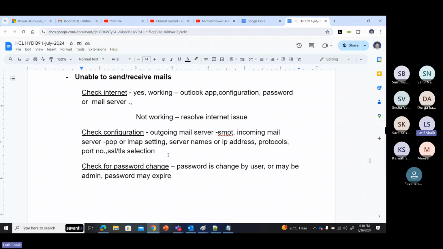Server names, IP addresses changes occurred. Selection of SSL or TLS changes, protocols, port numbers changes occurred. So please verify that. Second one is